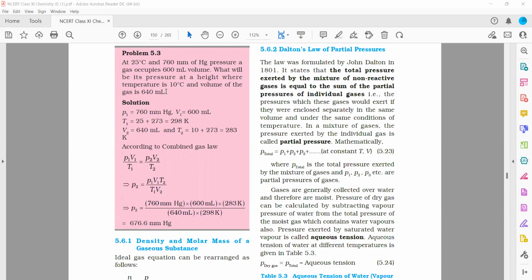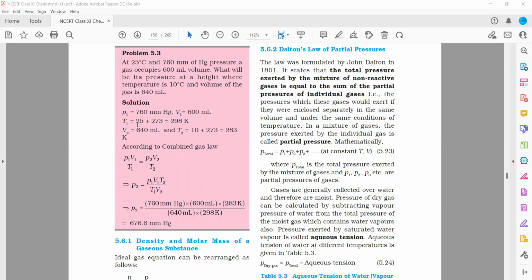First of all, whatever pressure, volume, temperature, P1, V1, T1, P2, V2, T2, everything you need to write it down. P1 is given as 760 mmHg, V1 is given as 600 milliliter, temperature is given as 25 degrees centigrade,